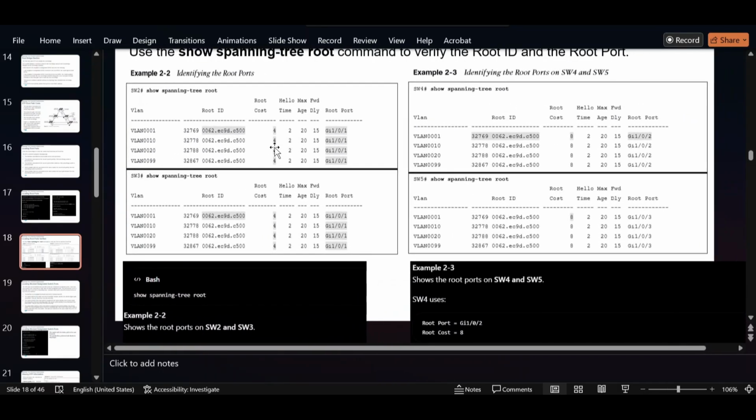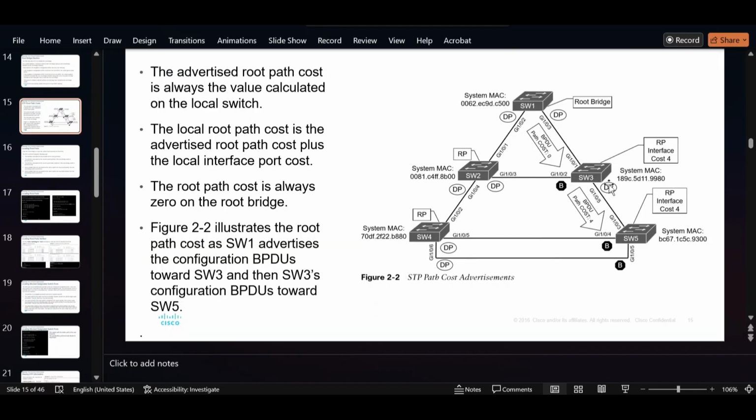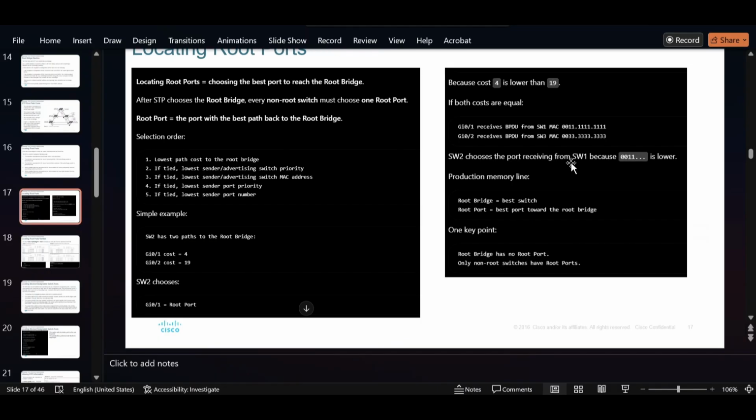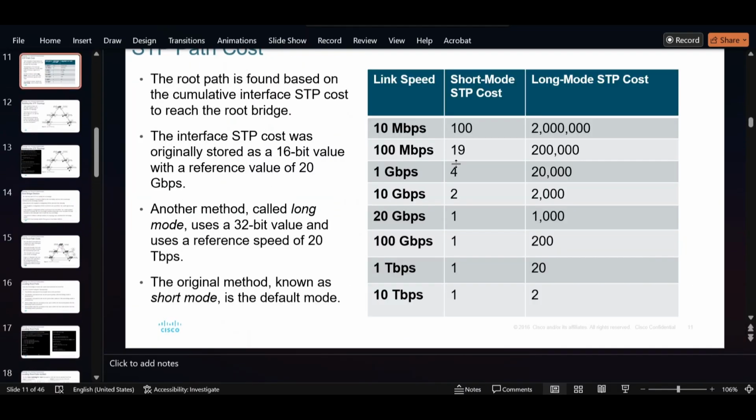So in here it shows the root cost, that this switch is next to the, this is what the root cost is. The local root path cost is the advertised root cost plus the local interface cost. That means it will take this and then add its own root path cost also. So that's why you will see it add from 4 plus 4,